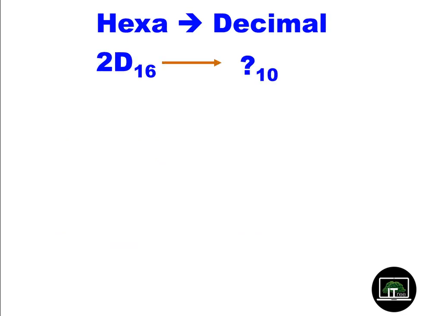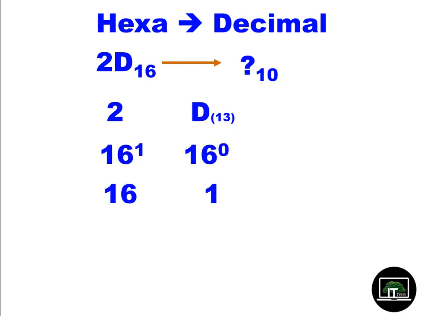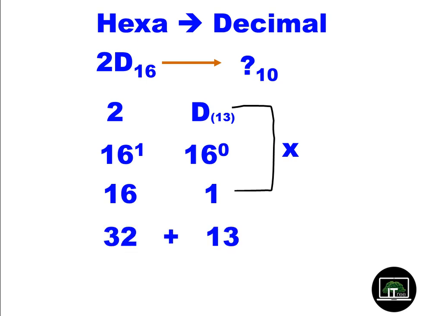Now we convert another number, 2D, from hexadecimal to decimal. So now you write with enough gaps. D is 13. Okay, now you give the positional values. Write the values there. Then multiply together. 1 into D, that is 1 into 13. Okay, now when you convert 2D from hexadecimal to decimal, the value will be 45.